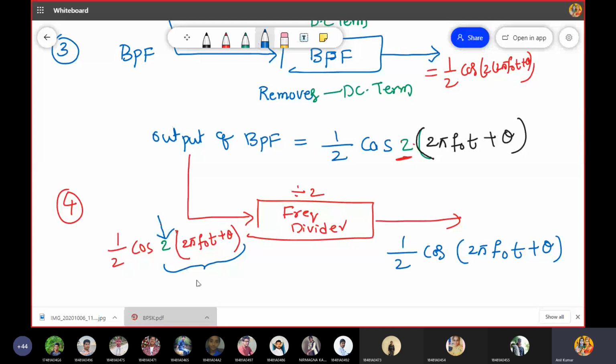If you divide this frequency, this is the frequency term, I divide this particular frequency by 2. This is the amplitude of the cosine term, and this one is the frequency of the cosine term. Here only the frequency is divided by 2, not at all the amplitude. Only the frequency of the cos term is divided by 2. If you apply this particular cos term to the frequency divider, then the frequency of the cos term is divided